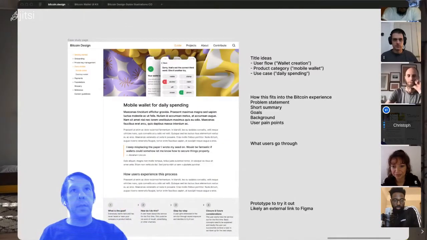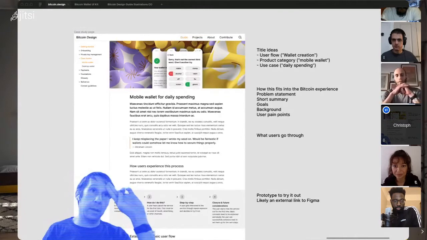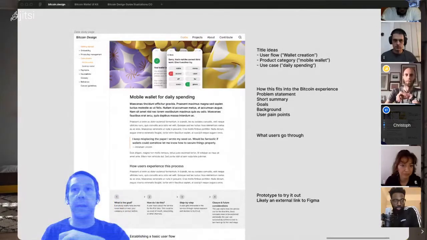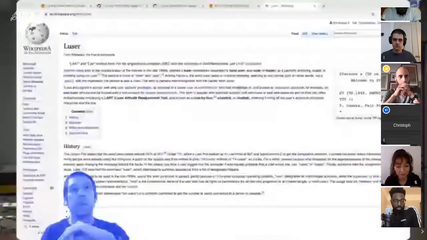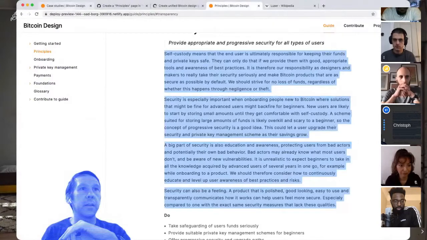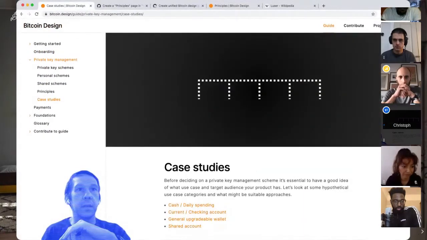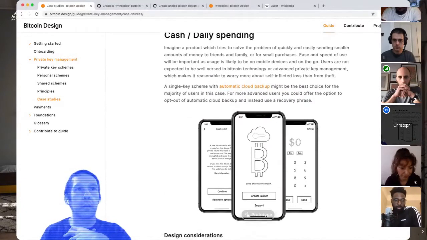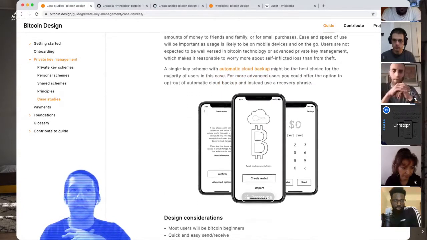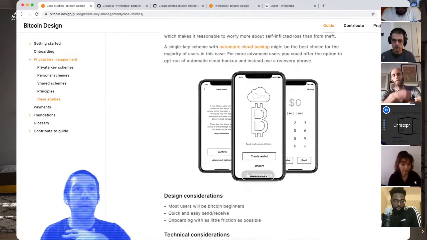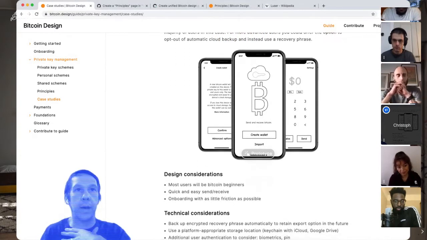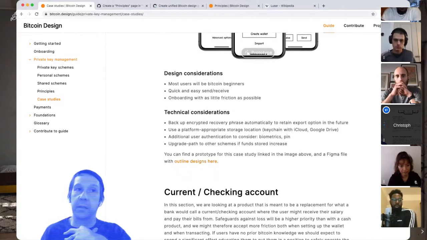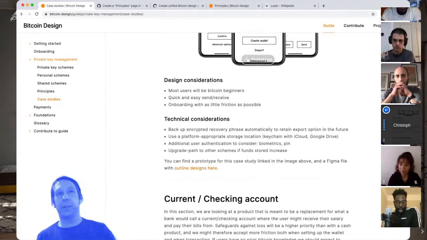So this is part of the next sprint. One of our goals over the next weeks, months, I guess, is to expand, extend, extract the case studies. So here, for example, is Daniel's case study. Here is a prototype about an application for daily spending that showcases how the key management works in a wireframe application. There are some design considerations and technical considerations, but the thing is now, if we take one of these